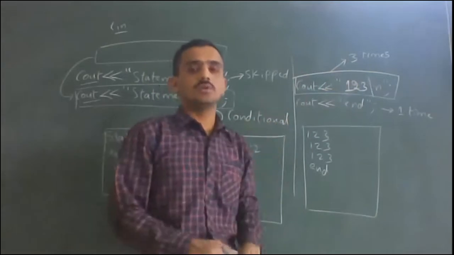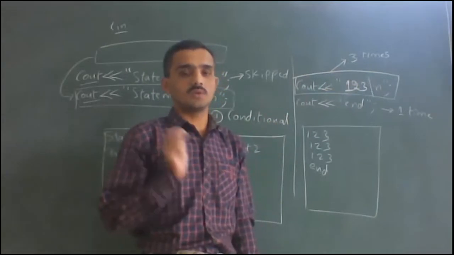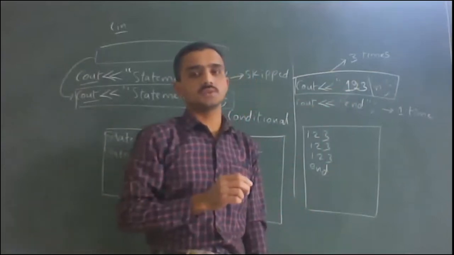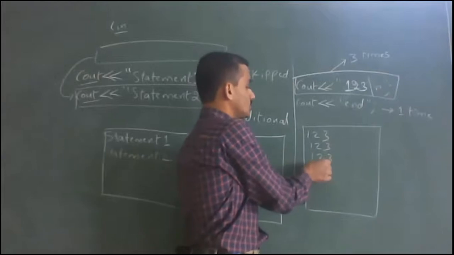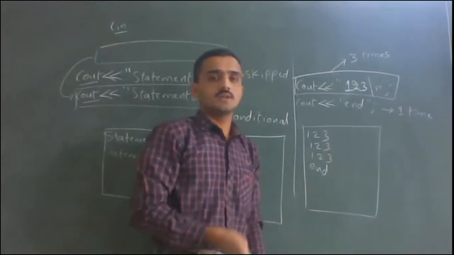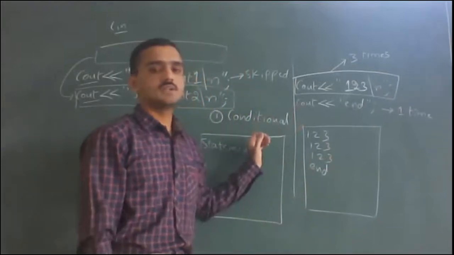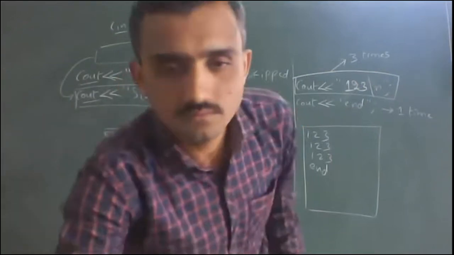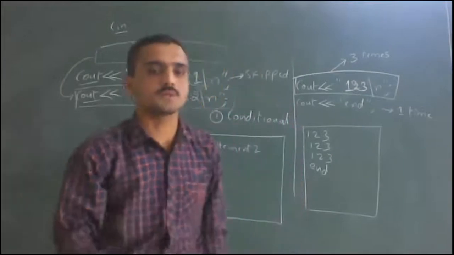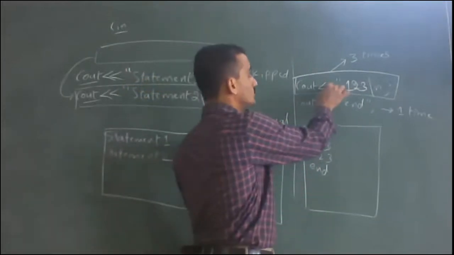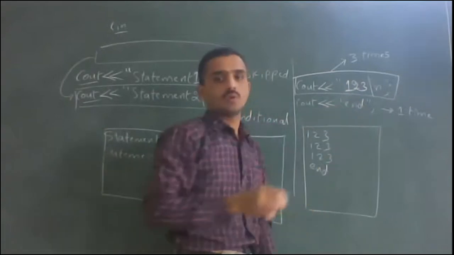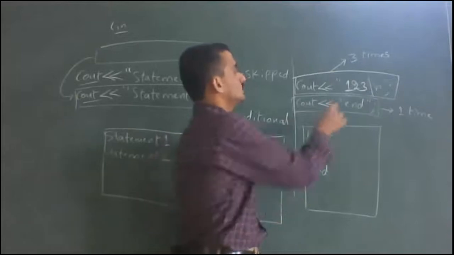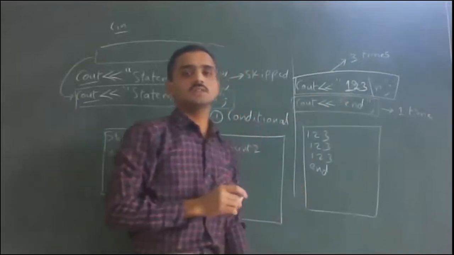That will happen when we use some control statements. I will tell you now. When you use some control statements, this process repeats its execution. It will print 1, 2, 3 three times, then end. Does anybody have a doubt in this before we go to the actual looping statements? I hope you have understood. The first statement should execute 3 times and the next statement 1 time. We will not worry about the last statement because it is executed only once. Let us think of the first statement: how to repeat its execution?